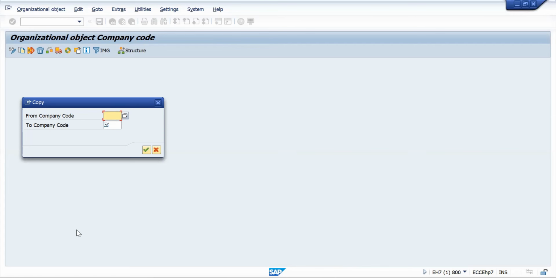तो यहाँ पे सिस्टम क्या पूछ रही है, that from which company code to which company code, right? From and to. From means standard company code आपको डालना है जो प्रिंसिपल कंसल्टेंट ने पहले क्रिएट किया हुआ है। अभी ये कंपनी कोड क्रिएट कर रहे हैं, तो जो स्टैंडर्ड कंपनी कोड है मैंने पहले से ही क्रिएट करके रखा हुआ है। ये प्रिंसिपल कंसल्टेंट बताएगा, उन्होंने जो स्टैंडर्ड कंपनी कोड क्रिएट किया, वो डेटा प्रोवाइड करेंगे। तो मैंने जो स्टैंडर्ड क्रिएट किया है दैट इज AS01।